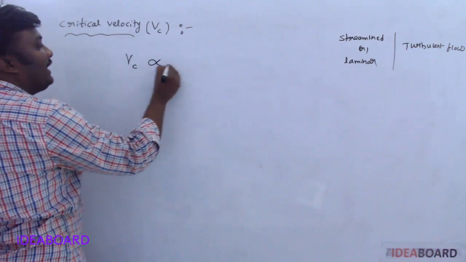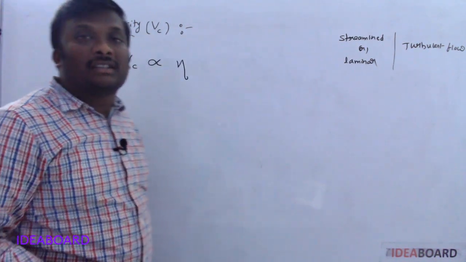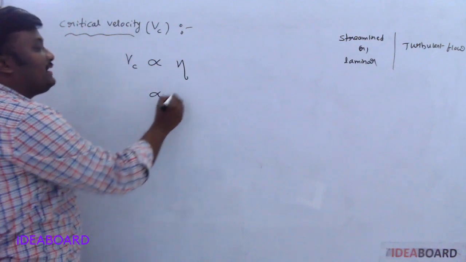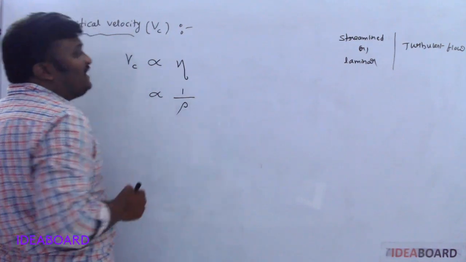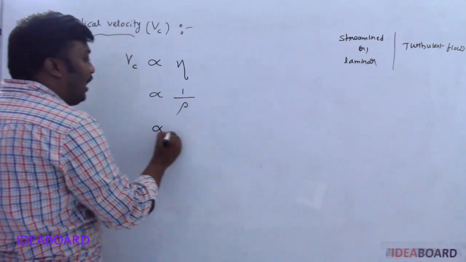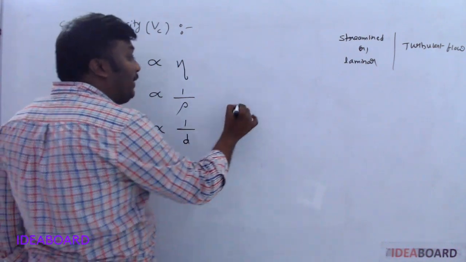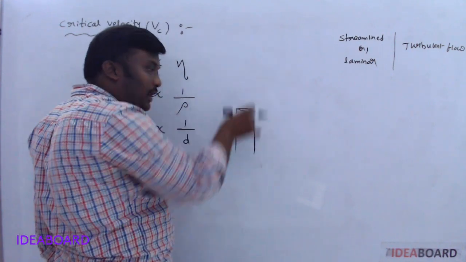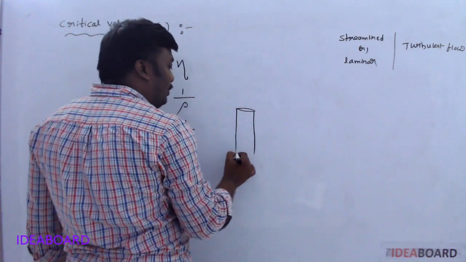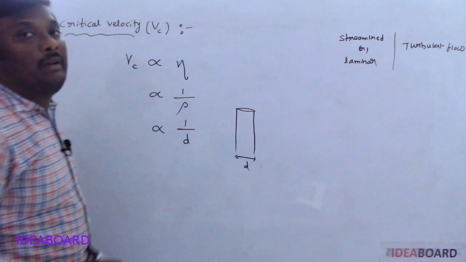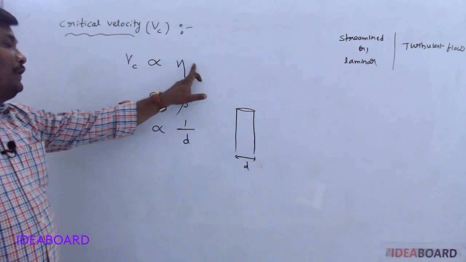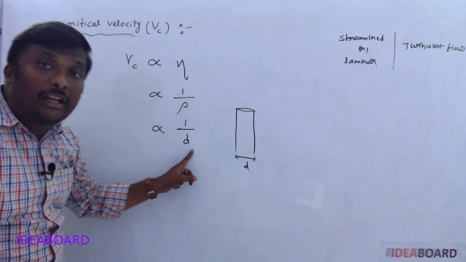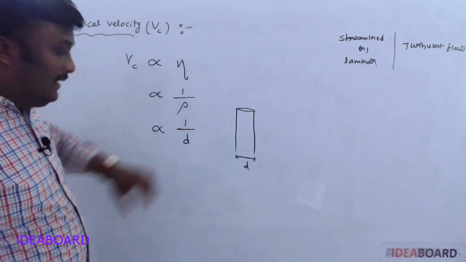It is directly proportional to the coefficient of viscosity of the fluid, which depends on the nature of the fluid, and it is inversely proportional to the density of the fluid and also inversely proportional to the diameter of the tube in which the fluid flows. If you combine all these three,